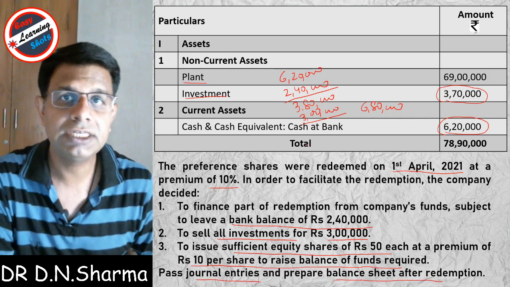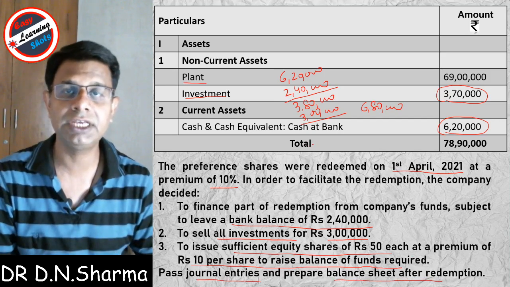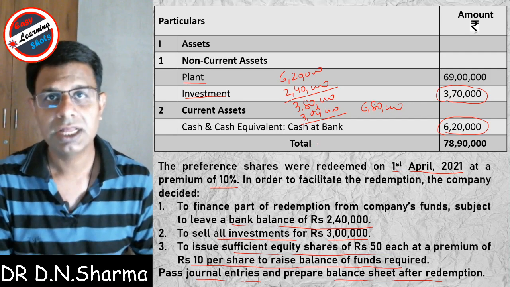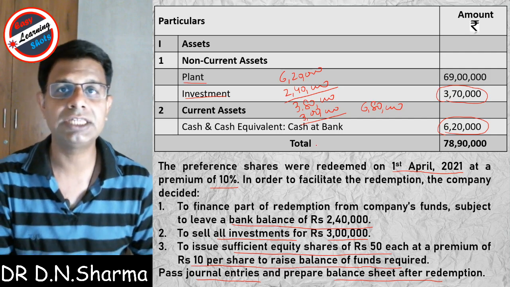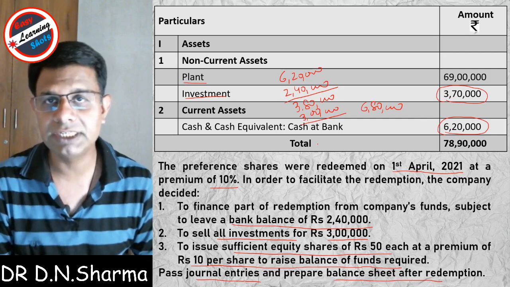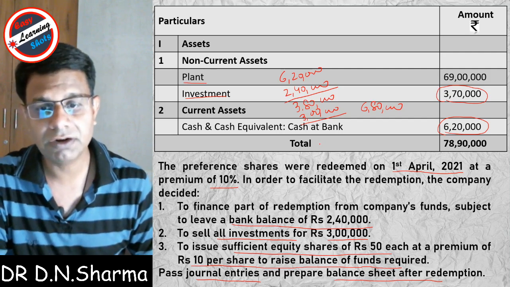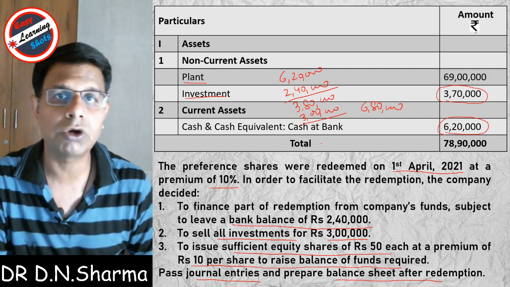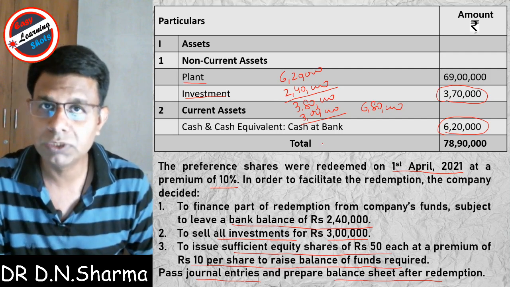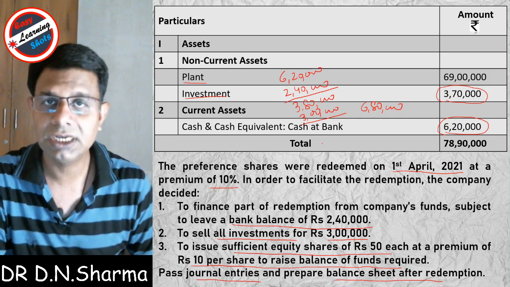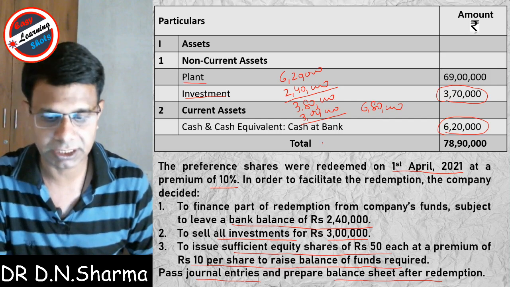Now first we see how we do the adjustment. In our previous videos, first we adjust the premium amount, then we adjust nominal capital of preference shares, and nominal capital is adjusted first out of profits, and the balance amount is adjusted out of fresh issue. But here when there is a cash crunch or shortage of cash, then first we adjust out of fresh issue. But first we do the wrong adjustment. You will see where the problem occurs, then we do the correct adjustment.